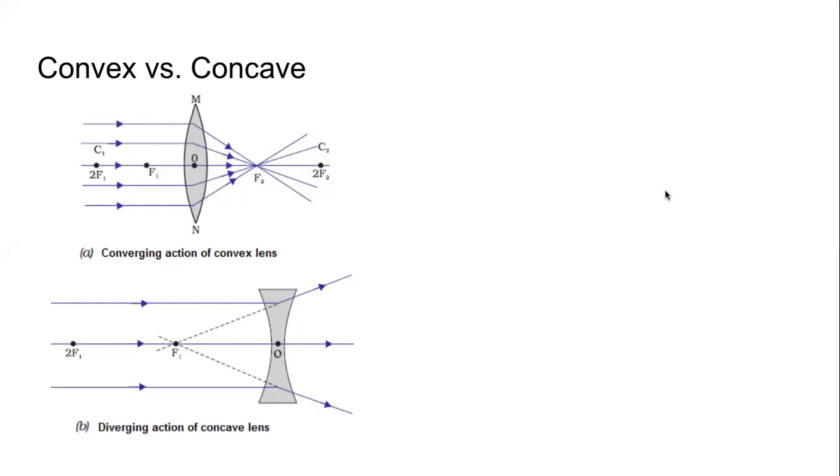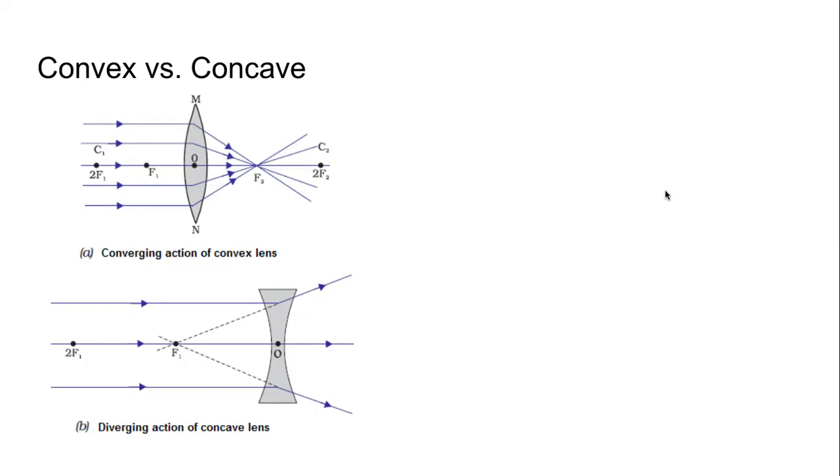A convex mirror is a diverging mirror, whereas the convex lens is a converging lens. Because just now we said, rule number 1, if the incident ray is parallel to the principal axis, after refraction, it will pass through the focus. So if the light is coming from a very, very far away place, all the light rays are practically parallel to the principal axis. Then after refraction, they will converge at this point F.